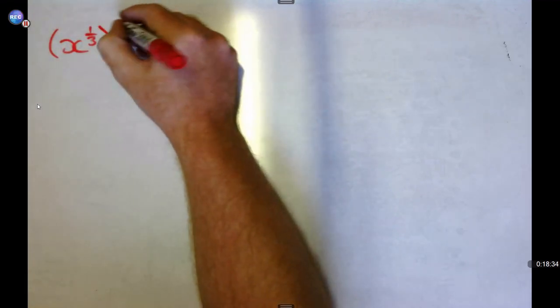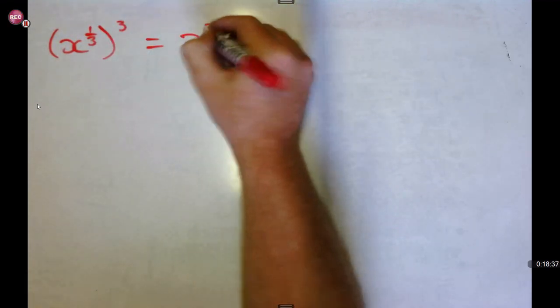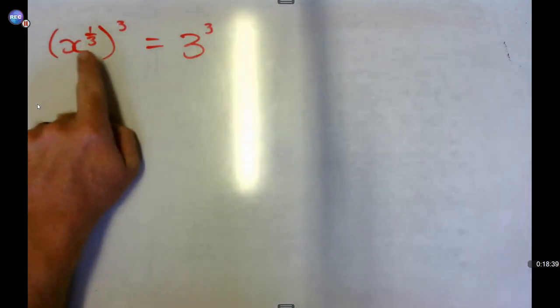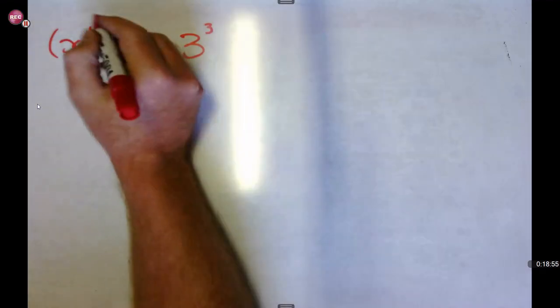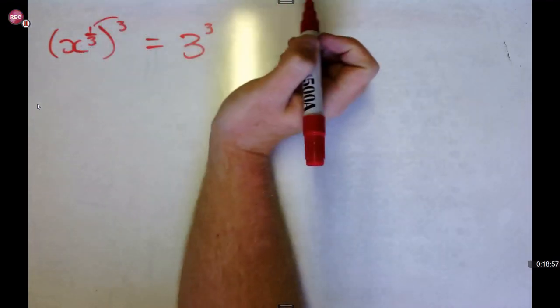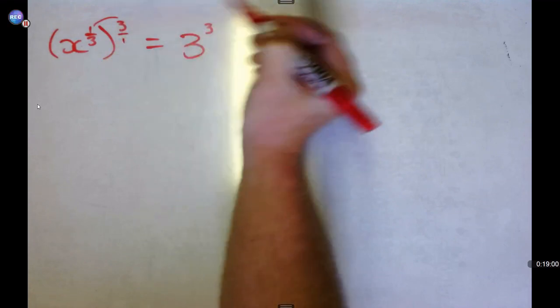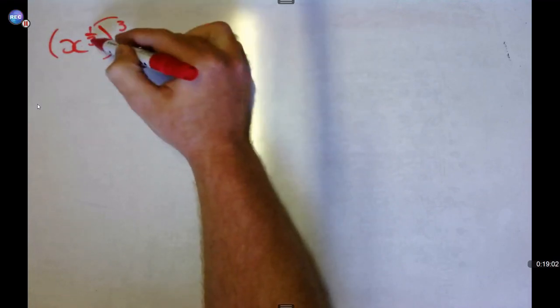Your next question looks like this. You've got x to the power of 1 over 3, close your bracket, 3, and then on this side you've got 3 cubed. Remember what I said to you when we did the equations in the previous video. You had to get rid of that fraction that's an exponent. You don't want that, because that will create huge problems for you. So you have to distribute this. You're going to apply law number 3. Remember, the 3 over here is written over 1, so you're basically saying 1 times 3 and 3 times 1.